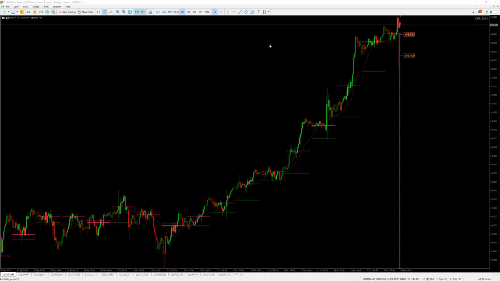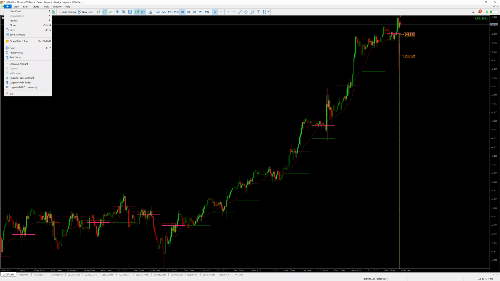Today we're going to speak a little bit about MetaTrader 5 and some of the workarounds within MetaTrader 5 that allow you to be a bit more efficient when it comes to your MetaTrader. Now, the first thing to remember is that whenever you're going to trade, make sure that you log into your